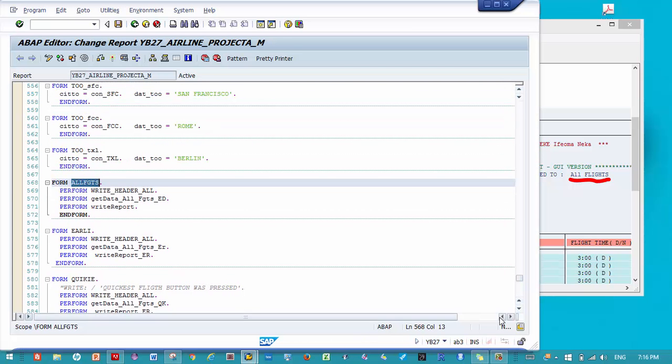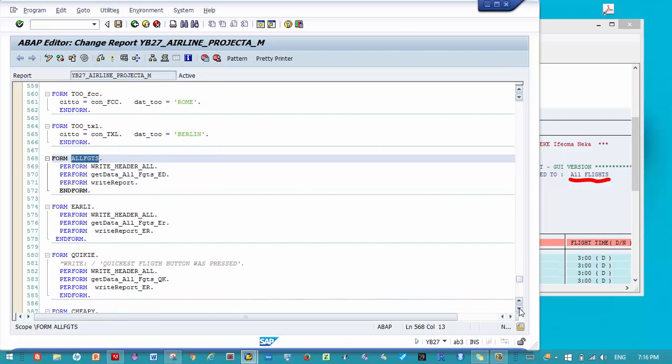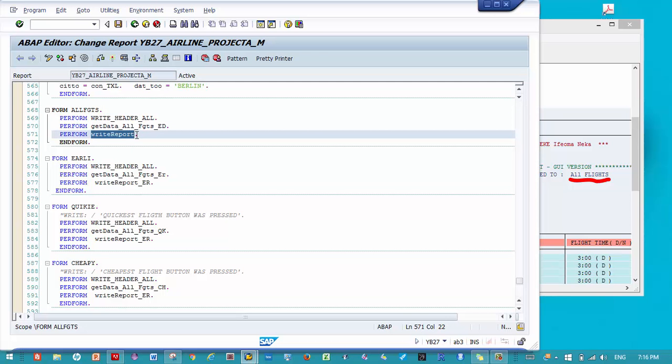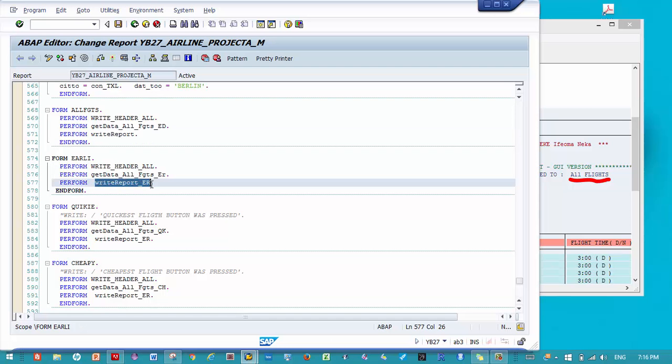So we can in fact look at all 4 buttons. So this is the separate code called by all 4 buttons. All flights, so it does write header, all of them do that, and then the different buttons run their own queries, and they all write different reports. You will notice that the report writer for all flights is different from the report writer for the rest, and that's because they all